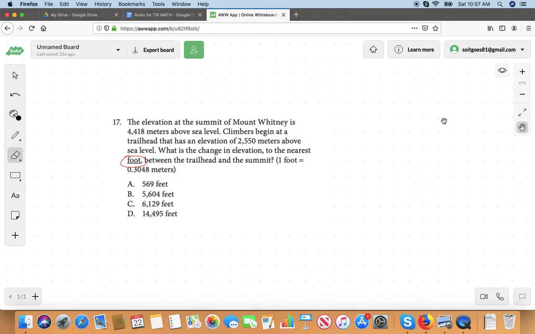It's not art class here, this is TSI Math. We've got a mountain. We know the elevation of this mountain, Mount Whitney. It is 4,418 meters above sea level. So this elevation right here, the top point, is